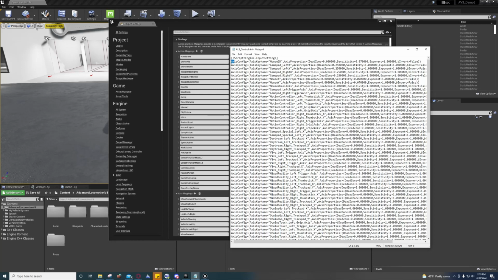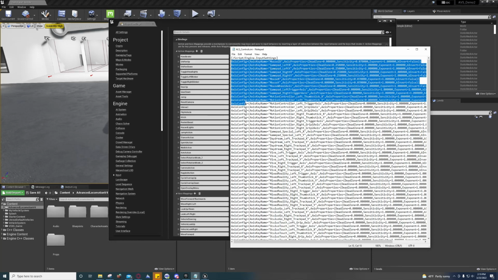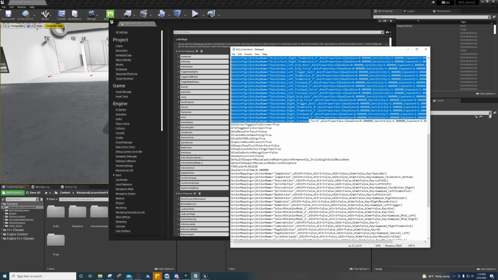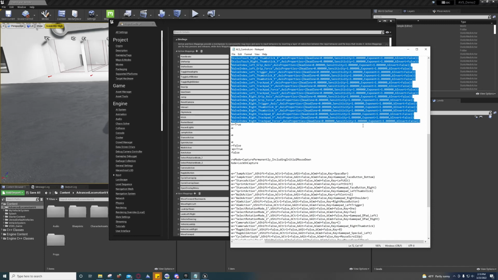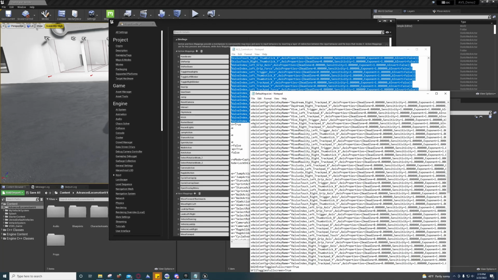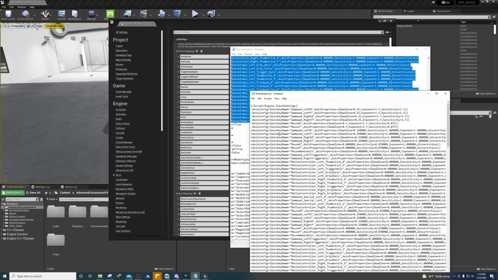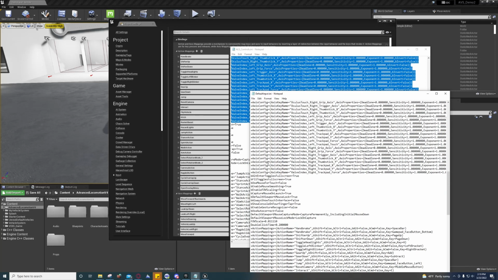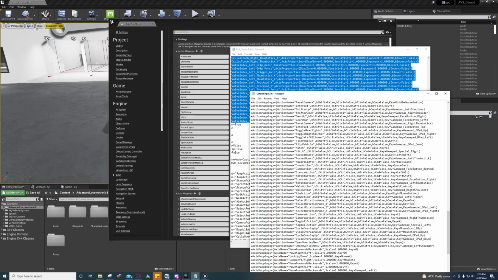So the first thing you want to do is select all of these, and you can go down there like that and press shift and end, and it'll select the rest of that last line. And then you're going to want to Control C it, and you're going to want to go at the bottom of the axis configs that you see here, and you're going to want to paste it here,